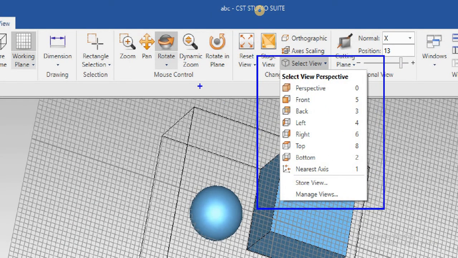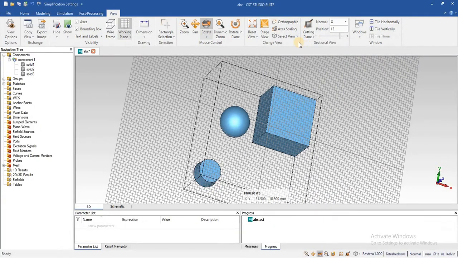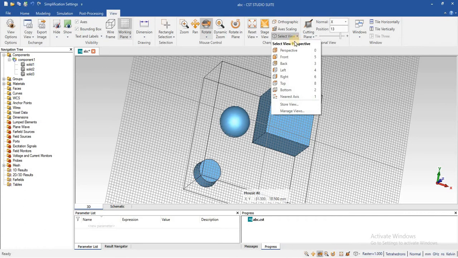By these commands you can select the view of your working plane in any perspective.